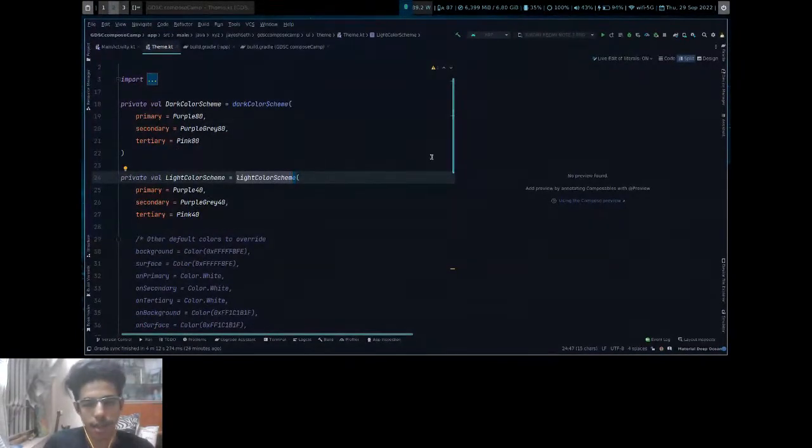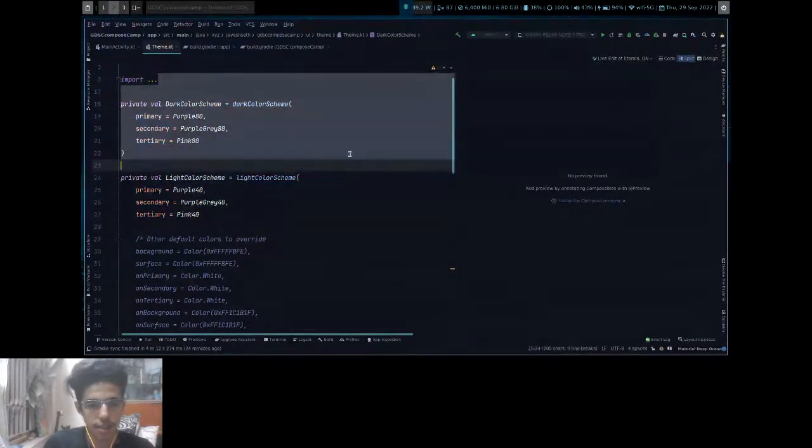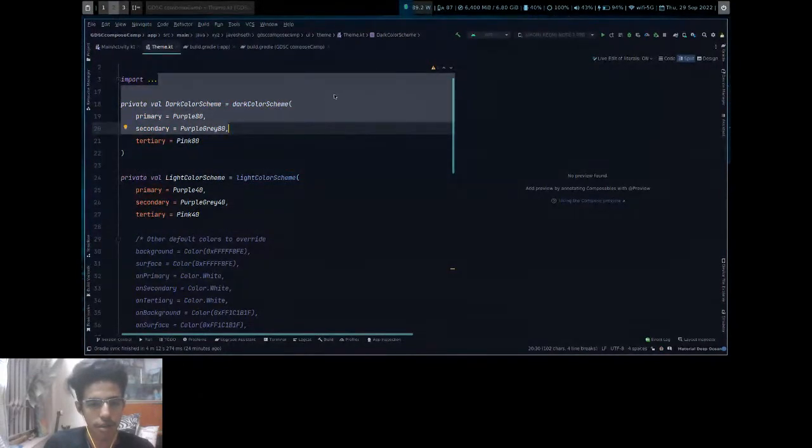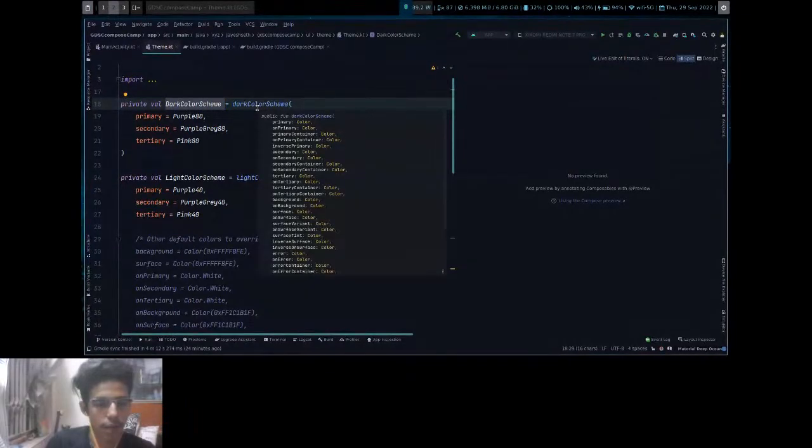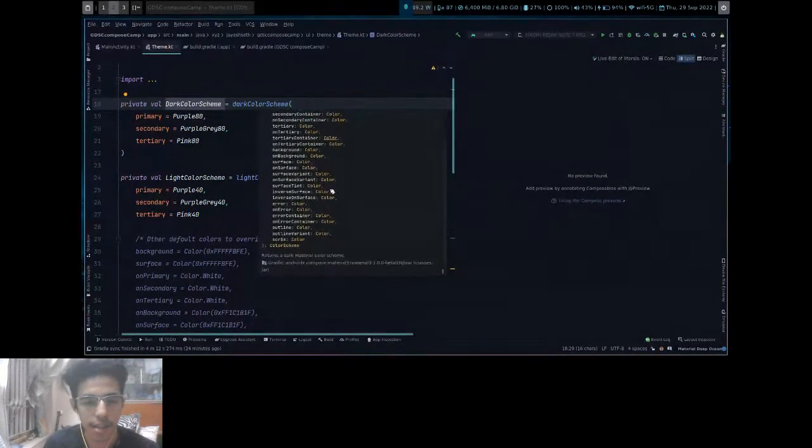For example, if this black is your background, anything on top of it will be on background. You get it? And if you hover over it, it will show you all the colors used here and what you can customize depending on your business needs or your product needs.